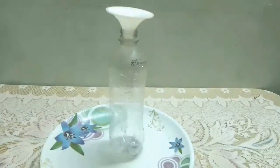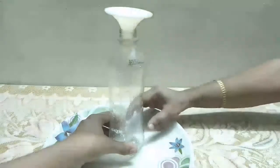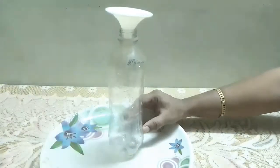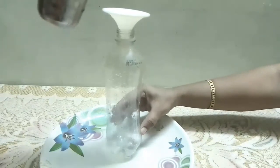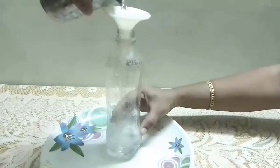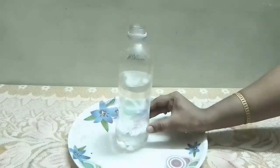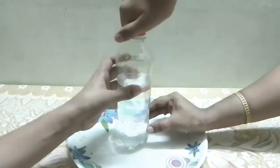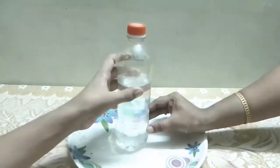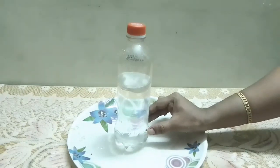The second step is to first cover the hole using your finger and then pour some water into the bottle. The third step is to close the cap. You have to close the cap very tightly, and then if you rub your finger and take your hand away,